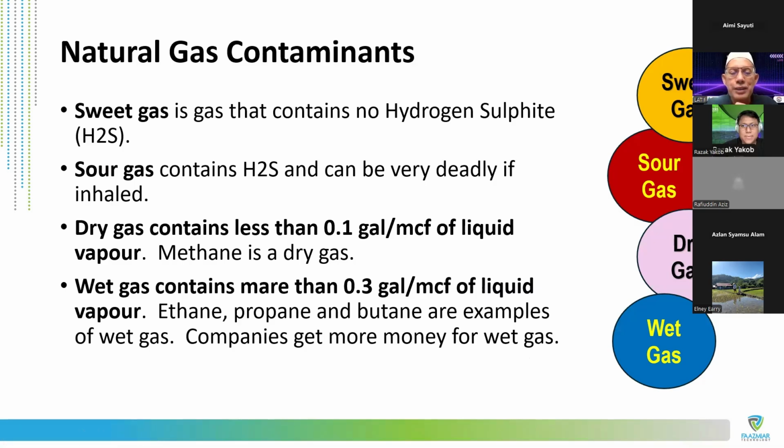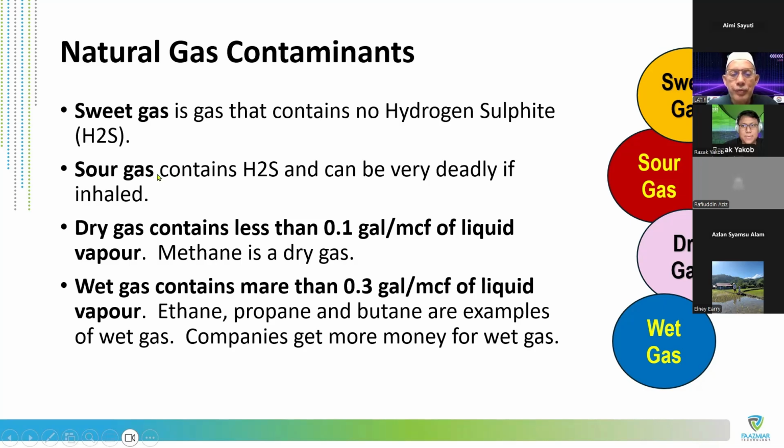I think we know about natural gas coming up from the ground. It consists of other components. Some components are considered contaminants, like CO2. CO2 is very corrosive, so it can start to attack some of the piping that carries all those things. So if they contain no hydrocarbon, then it's sweet gas. What we call it here is, if you even have CO2 but no hydrocarbon, it's called sweet gas. And sour gas is when you have H2S exceeding, let's say, I think about 0.5%, it can be considered sour gas. It's very corrosive.